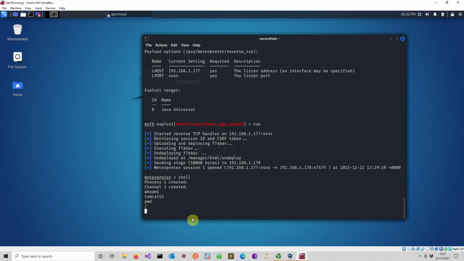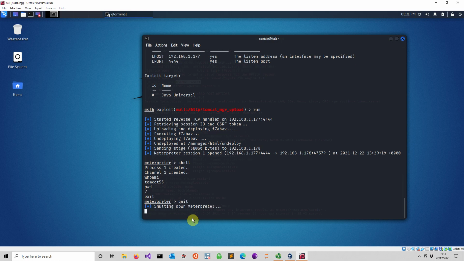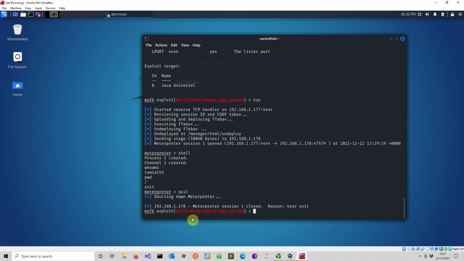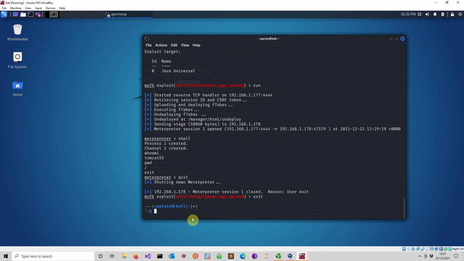So once I'm happy with it, I just use exit to exit the Linux shell, and I go back to the meterpreter one, which I exit with quit, and then I go back to the next shell, which is our Metasploit, and I just use an exit here on this one, and I'm out. So that was the first attack, which was quite successful. The next thing we do is trying to attack a database. I'll see you in the next